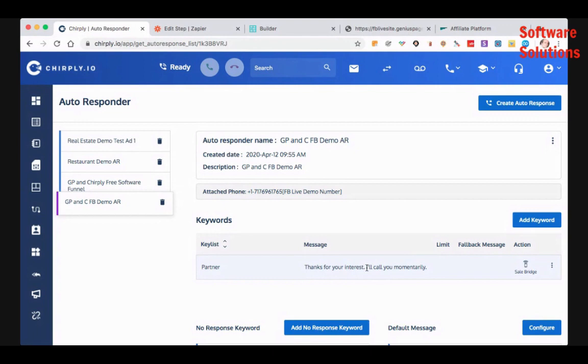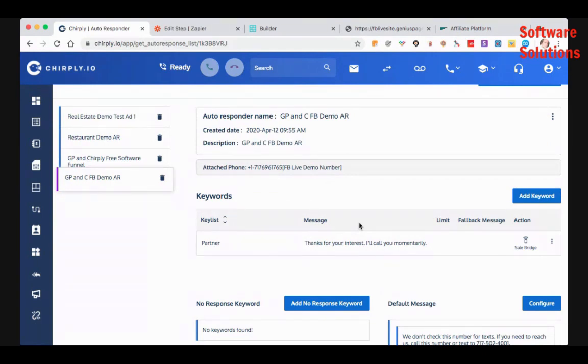Okay, I'm gonna text partner. I'll show you something else you can do too in here, but don't do this until after you've tested it. Okay, and I should get a text now momentarily. There we go. There it came through again, and see the phone rings that fast, and that's me. This person texted partner. They want to talk about the partner program. Partner lead at test plus 14,430. Okay, it's got some other info that automatically goes. And there we go. So now that we know that that works, that sales bridge works when they text partner,